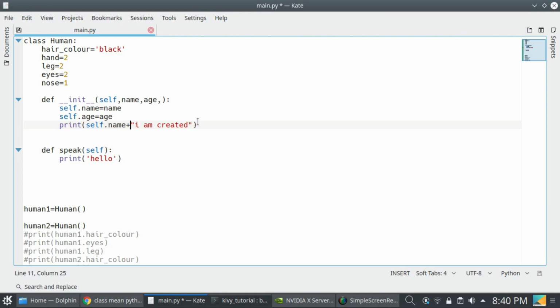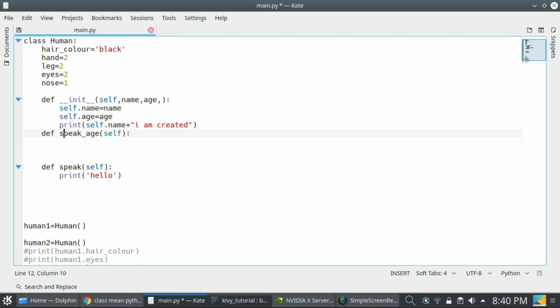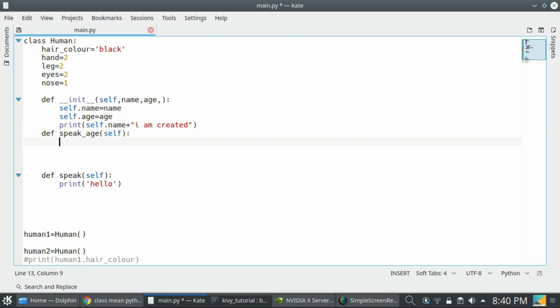Okay, and age, and we can define very many methods. Speak age, self, and print self.age.